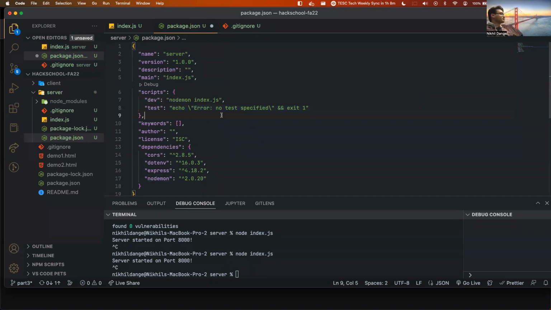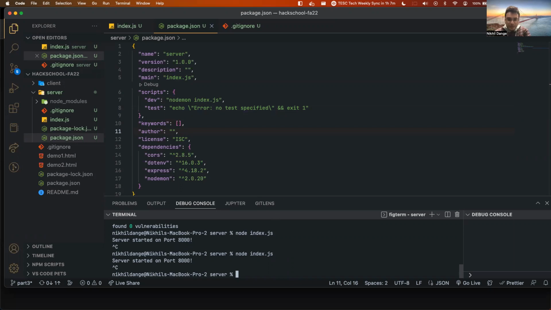This is a custom script, and scripts are what we run down here in our terminal. If you remember, we did node index.js. So we're defining a custom one, nodemon index.js, and giving it the name of dev. If you save this and jump back over here, we can just type in